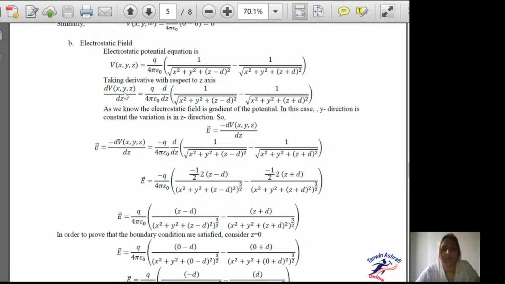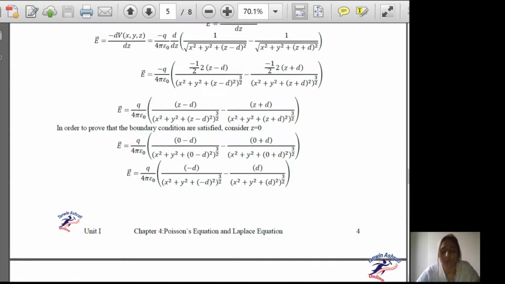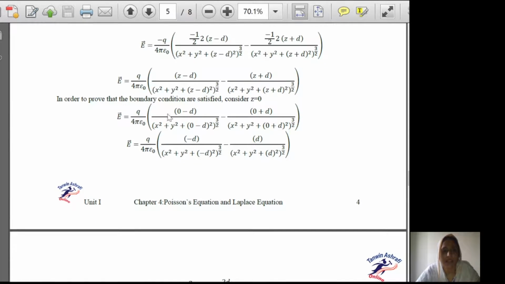Now here we will take the change of potential with respect to the z coordinate only. Okay, and when we substitute the value and take the derivative of this particular bracket, we come out of this and result in this equation. Okay, now in order to prove that the boundary conditions are satisfied, again let's consider z equal to 0, and find the electric field. So we will find that the electric field is equal to